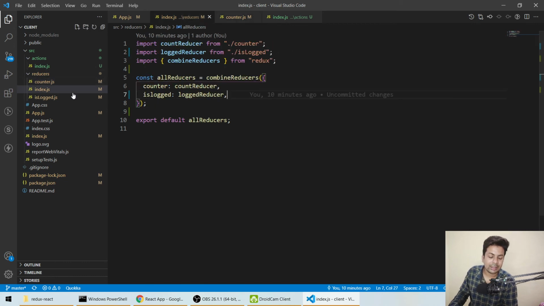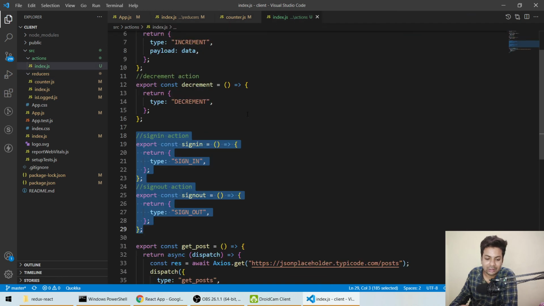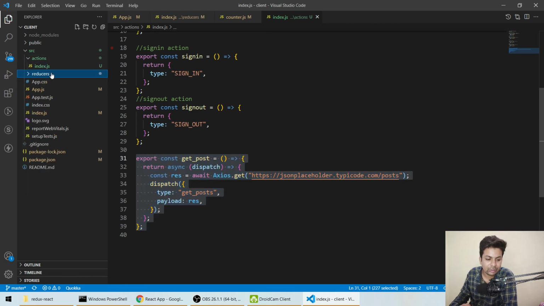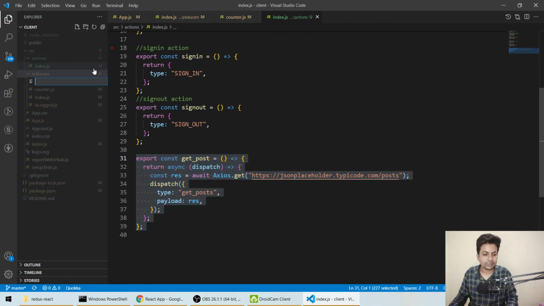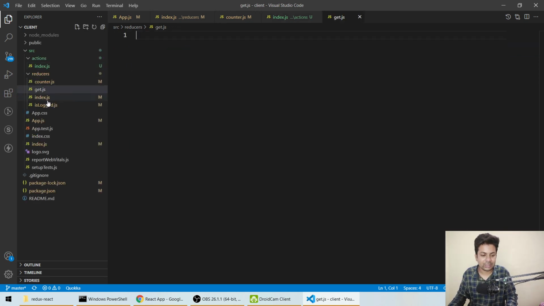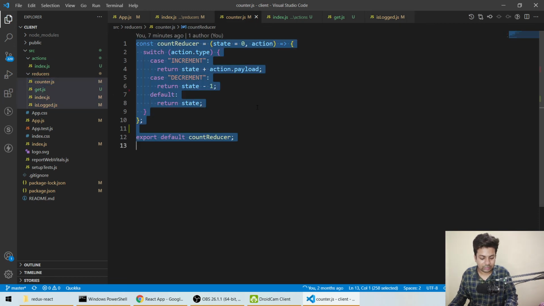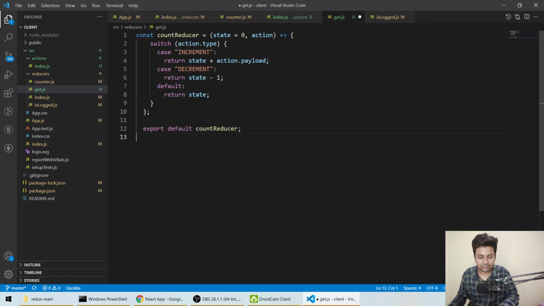For the reducer part, I have to build again like this, a reducer for get post. Let me quickly make a reducer of it. We'll call it get.js, nothing much, and we'll copy from counter.